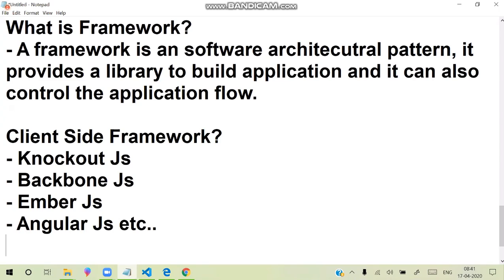That's the reason in software technologies, learning any language is not enough. Why? Because suppose you learn Java and you go to any company for a job. The first question they will ask is, what frameworks do you know in Java? Java people have to learn frameworks like Spring and Hibernate. If you learn PHP and you go for a job, they will ask what frameworks you know in PHP. PHP people have to learn frameworks